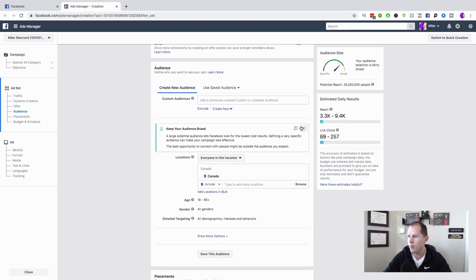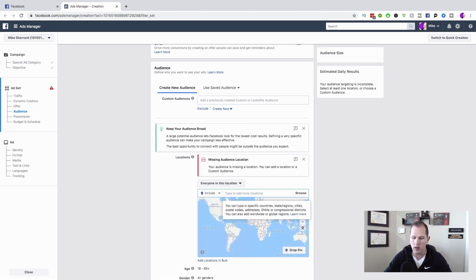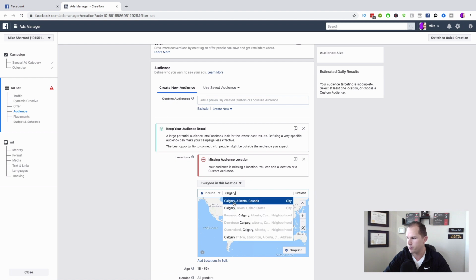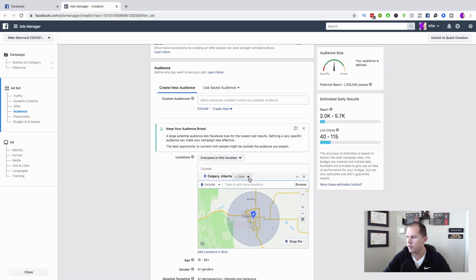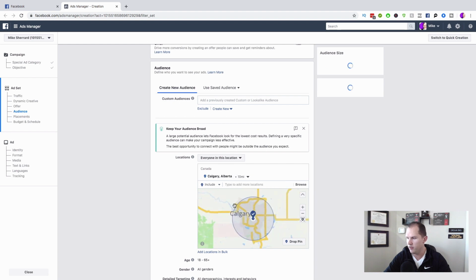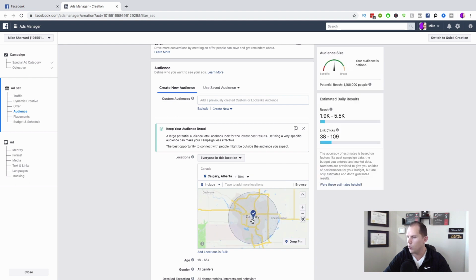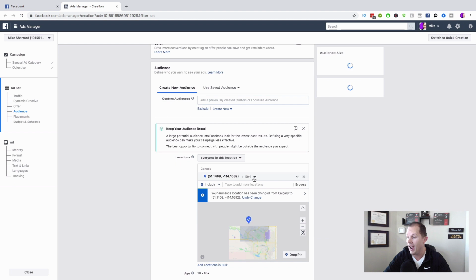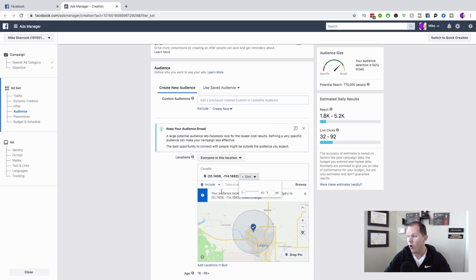So let's see what you used to be able to do for real estate. I live in Calgary, so we're going to go ahead and click Calgary. Now you can see here that it starts out as a 25-mile radius, but you could bring it down to a 10-mile radius. And then let's say you wanted to farm a certain area, so you wanted to do business, I don't know, up here. You used to be able to drop a pin and then go from 10 miles all the way down to 1 mile. So if you wanted to farm Citadel or the Hamptons or Edgemont,